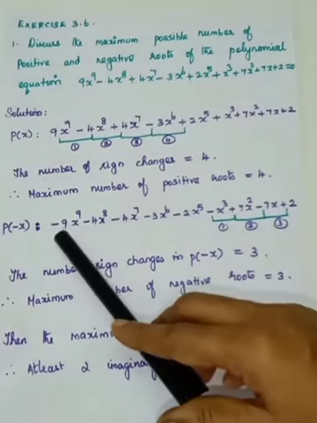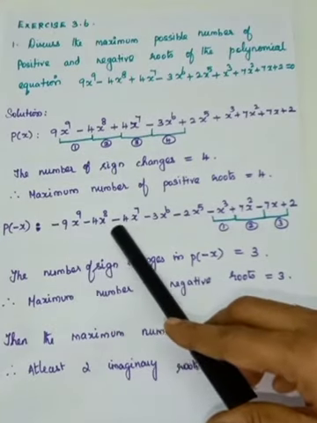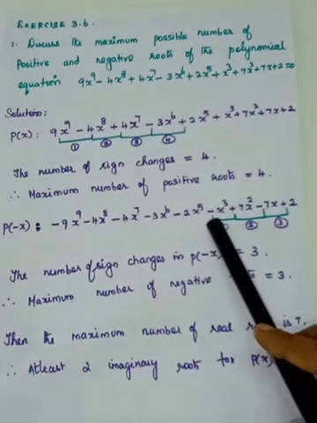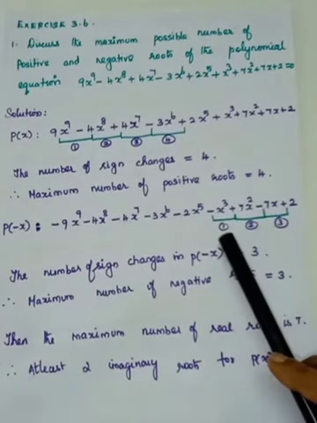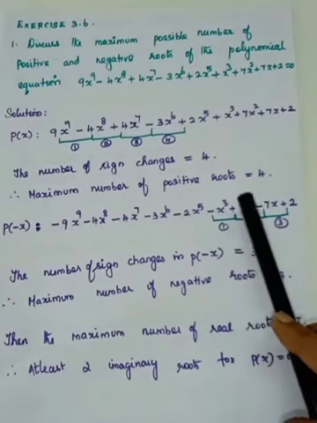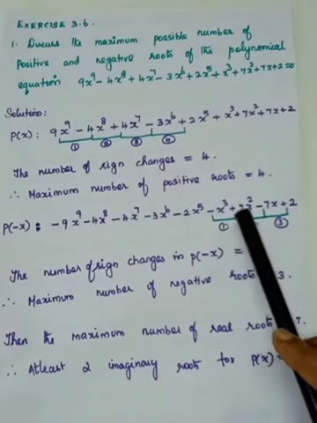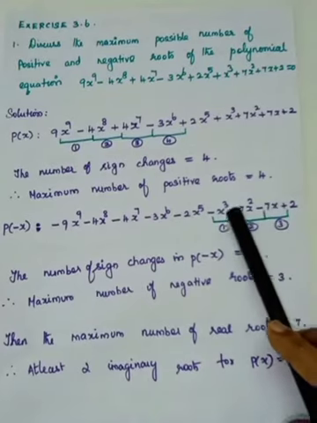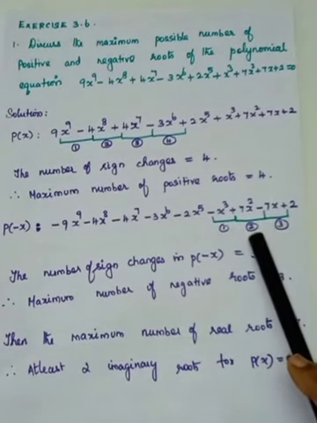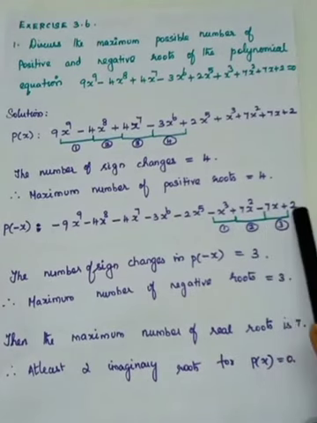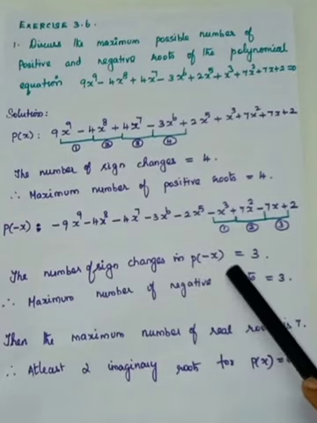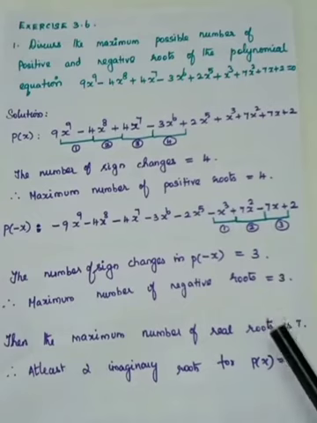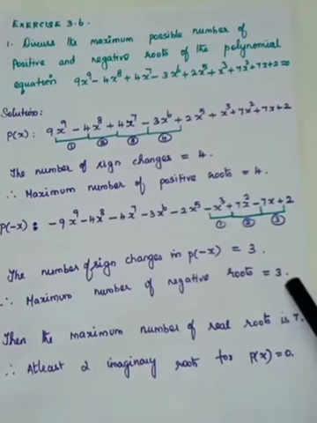You see that where is the sign change? Here all the terms you are having minus up to this. Next term is positive, so the number of sign changes, positive to negative, is 1. So here plus and minus, so therefore the number of sign changes is 2. Next negative to positive, so 3. So the number of sign changes in p of minus x is 3, so the maximum number of negative roots is 3.